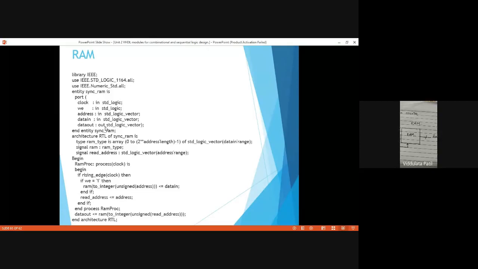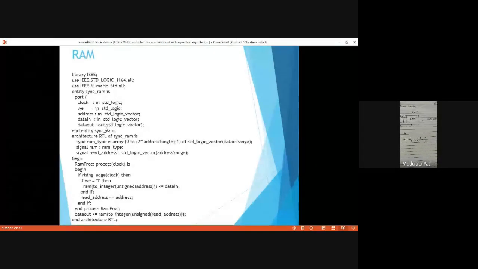The range of this array is from 0 to 2 raised to address length minus 1. Okay, म्हणजे माझी जर address length suppose 4 असेल, तर मला काय पाहिजे, that array should be of length 2 raised to 4 minus 1. ओके, तर तेवढ्यासाठी मी काय केलं, RAM_type हा डिक्लेअर करून घेतला. So that is from 0 to 2.